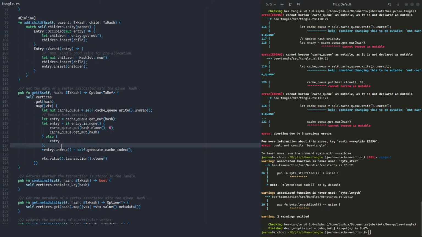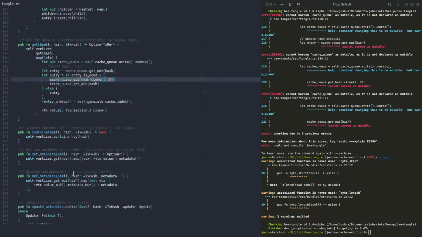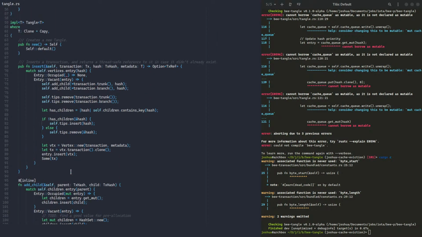So that seems to work. Now we need to do one last thing, which is to make sure that we insert an entry when we insert an entry into the cache. So we have a method somewhere here. Here we go. We have a method here that inserts a new entry into the cache. So along with that, we're going to